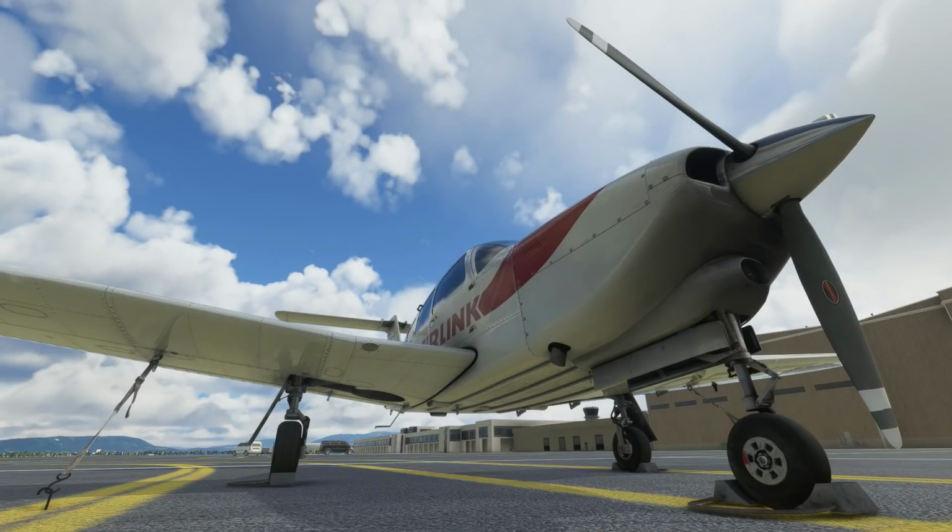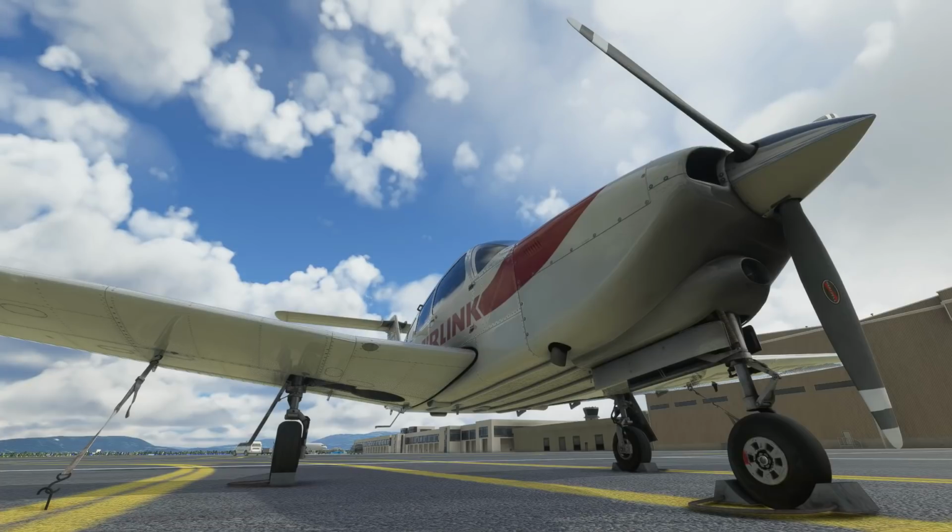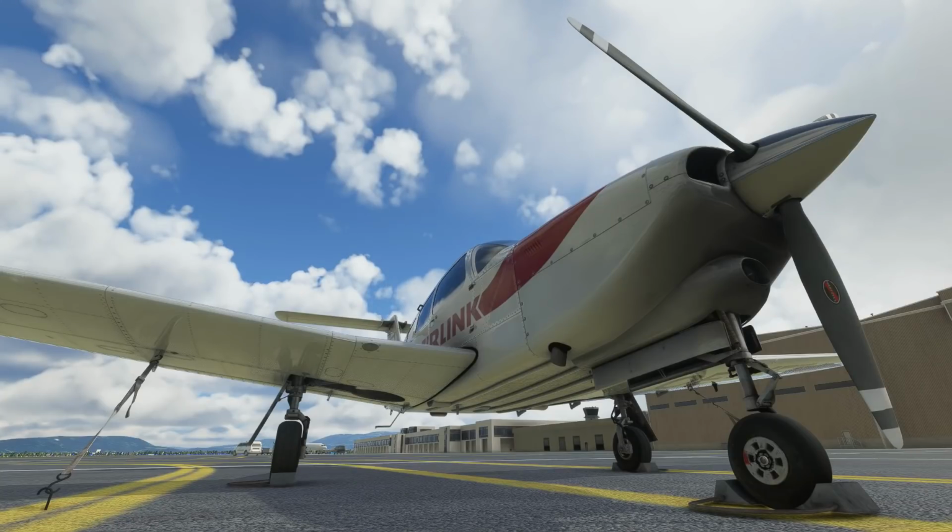For example, we touched on the texturing being slightly lower resolution, particularly on the external model, than perhaps we've seen from some other Microsoft Flight Simulator developers. There is still some room for improvement with the flight model in certain areas. Again, the rudder feels to be a little bit on the sensitive side. And the aircraft still didn't feel spot on when carrying out some of the more extreme manoeuvres, for example the